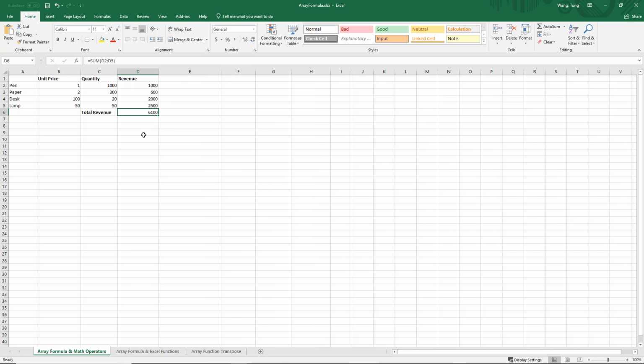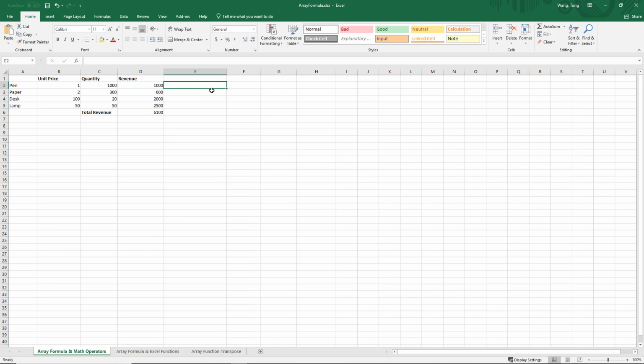Another way to enter these formulas in Excel is to use array formula. Let's see how we do that. You can see that each cell here, each row here, represents the multiplication of 2 cells, right? So this multiplied by this, and then the next one would be this multiplied by this, right? So